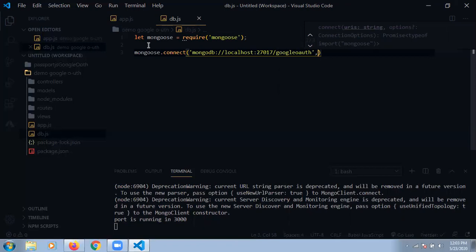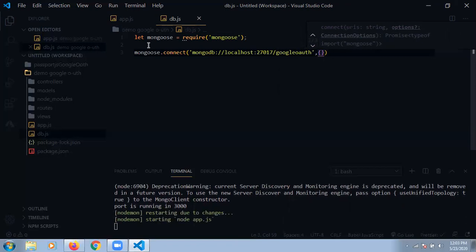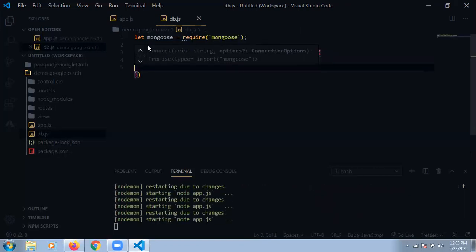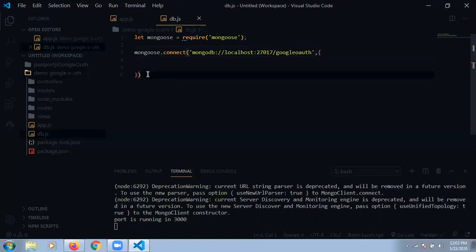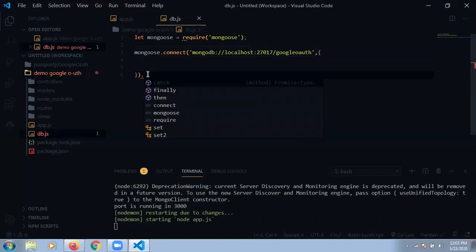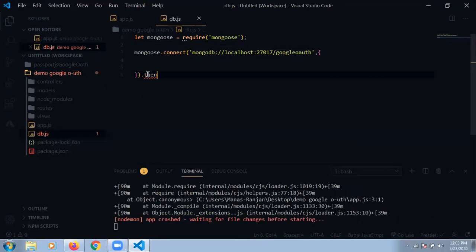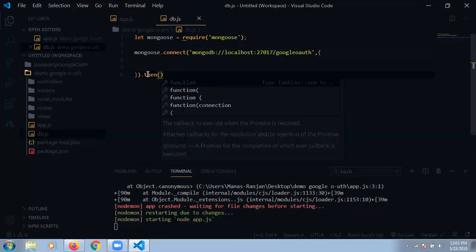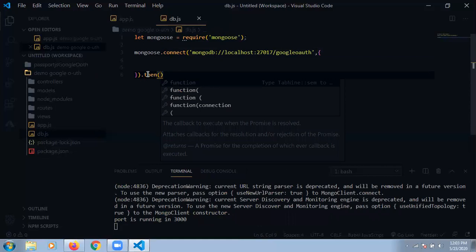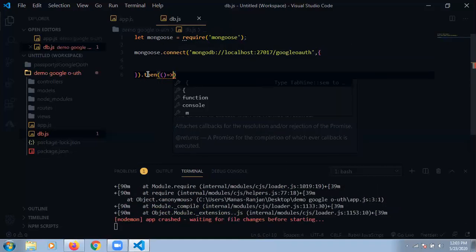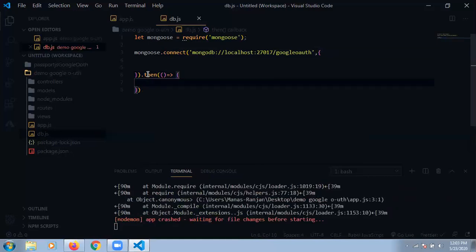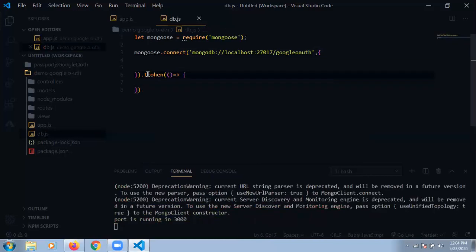And second thing, I'm passing some options, useUnifiedTopology, after the string. Since this connect is a promise, as you know about promises, already explained, I'm using .then and .catch only. So I'm making it here arrow functions, and inside I'm console logging the data.